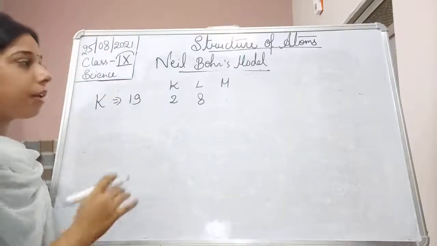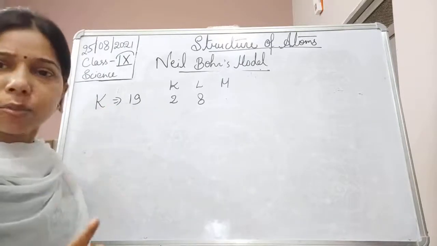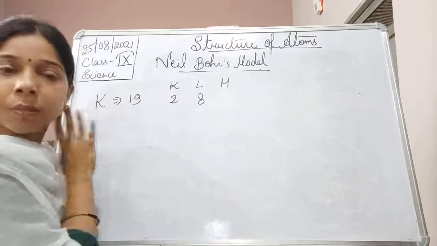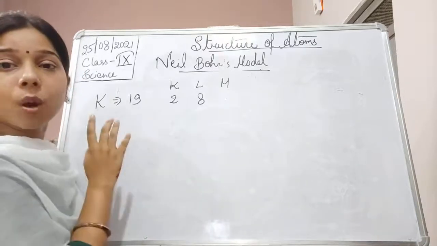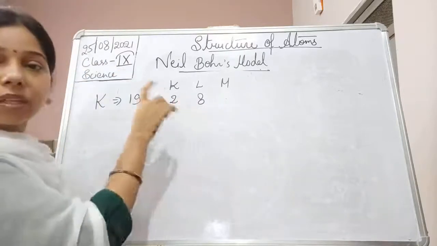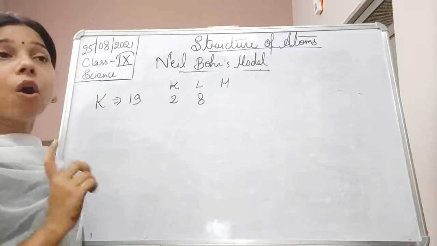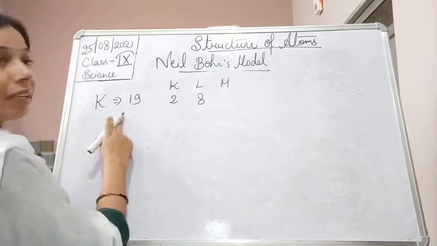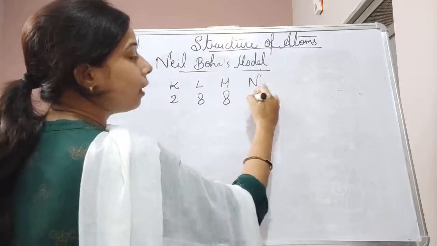Now, here a question arises. We know that the K shell can accommodate 2 electrons, and that is why we made only 2 electrons enter it, because it cannot accommodate more than 2. Similarly, the L shell can accommodate only 8 electrons. That's why I had written 8. After 8, electrons will start entering into the M shell. The M shell has the capacity of 18 electrons. But when we look at the configuration of potassium, after 8 electrons, the electron starts entering into the next shell.